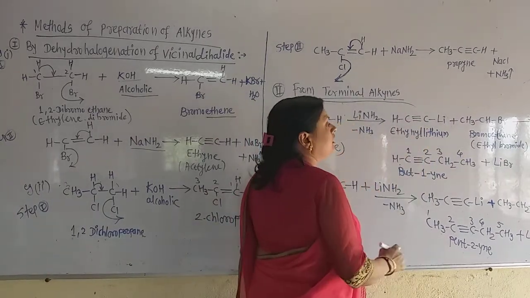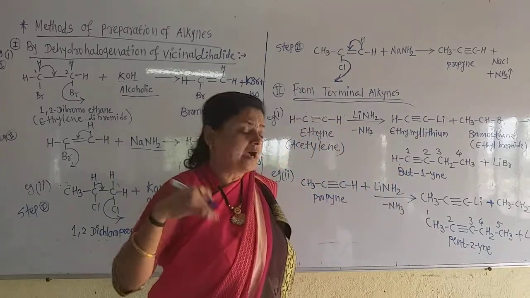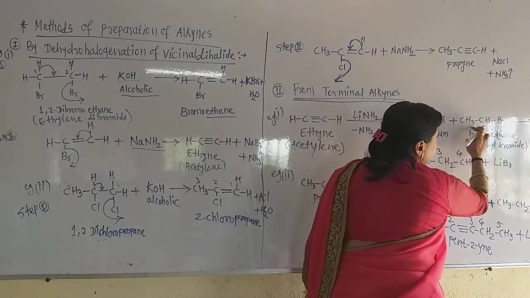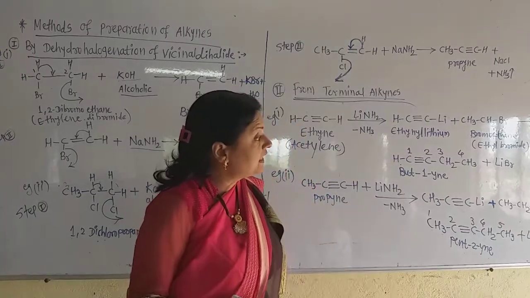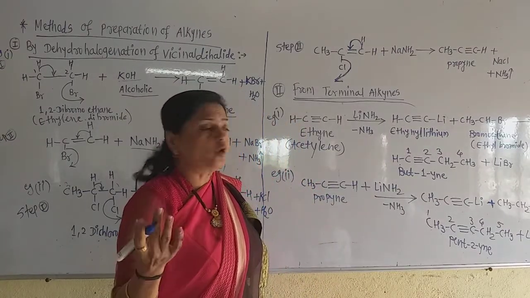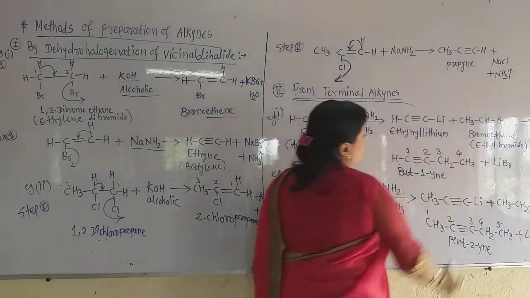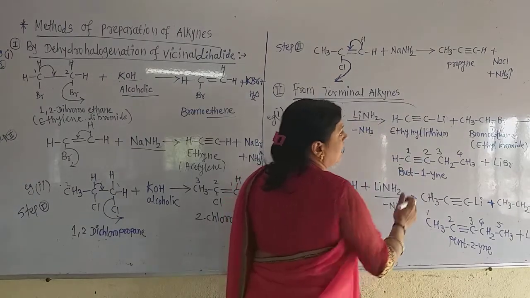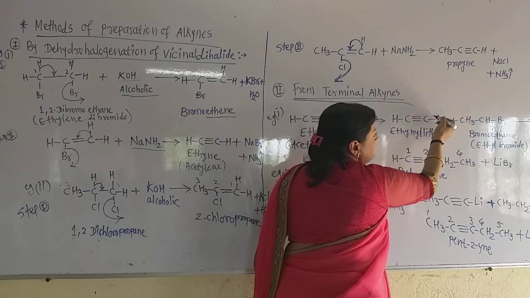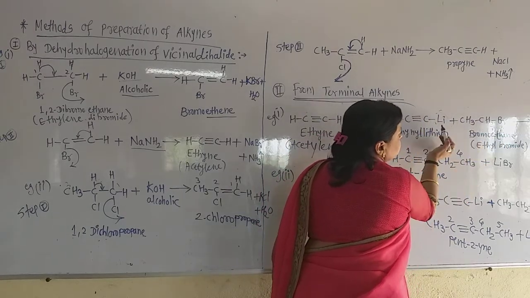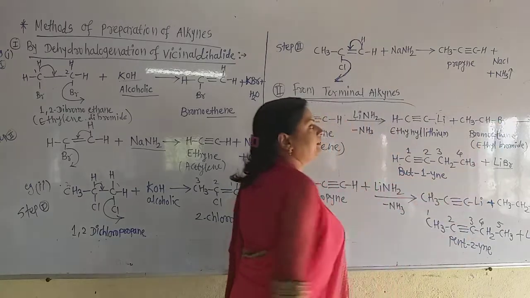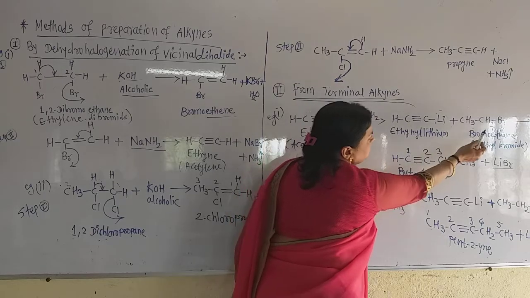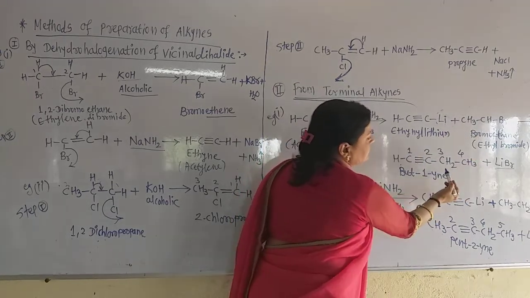Here is the triple bond. Now if we want to prepare the higher alkyne, use such an alkyl halide which has the higher alkyl group. Here I use bromoethane, or ethyl bromide. You know that the name of this compound is ethyl bromide. So when this ethyl bromide reacts with this ethynyl lithium, then what happens? Again this lithium gets replaced by this ethyl group, and lithium and Br form the byproduct LiBr. Now see here, H, C, triple bond, C, and first attached is CH2 and then CH3. This is the ethyl group.